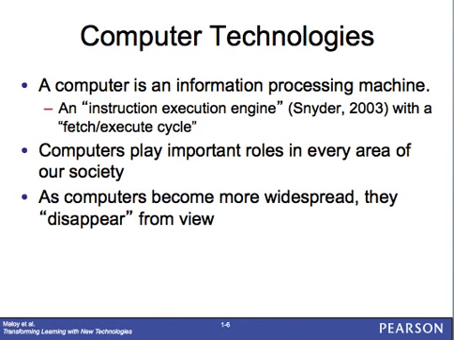Computer technologies. A computer is an information processing machine. It's just a box full of wires and boards and with a motherboard and stuff. I mean, you're much smarter than it, but you have to tell it what to do. So that's this fetch execute cycle. You ask it to do something, you're asking it to fetch, and then it executes what you want it to do, whether it be show a video, play music, look at pictures, whatever.